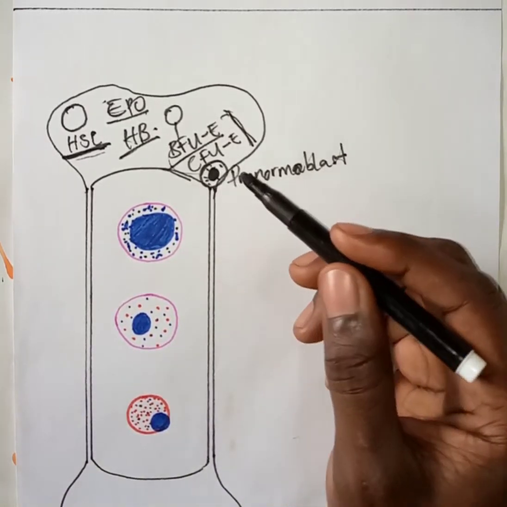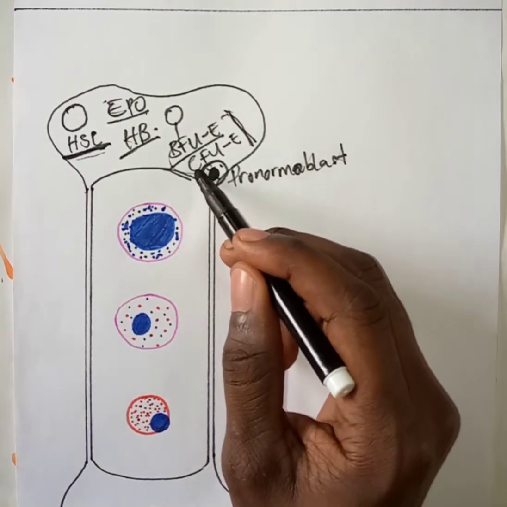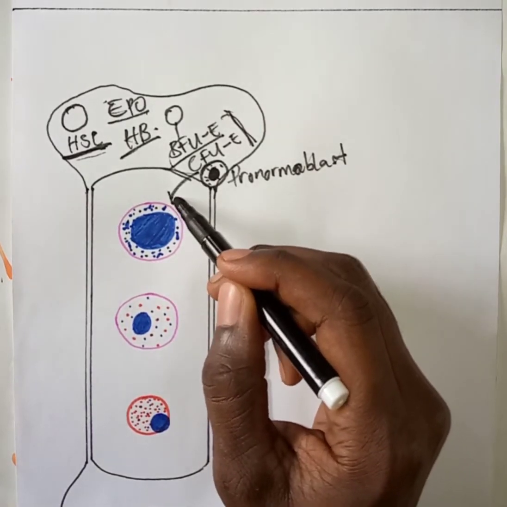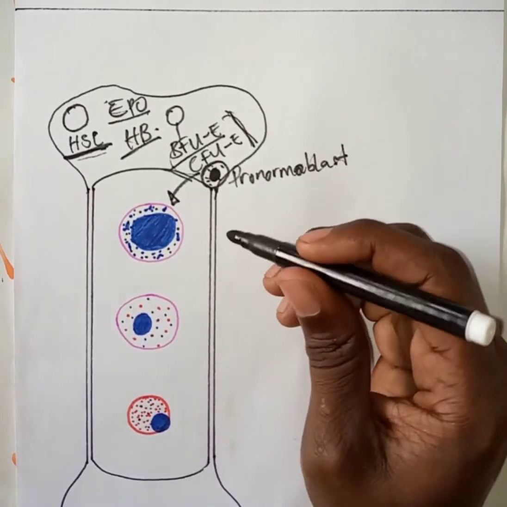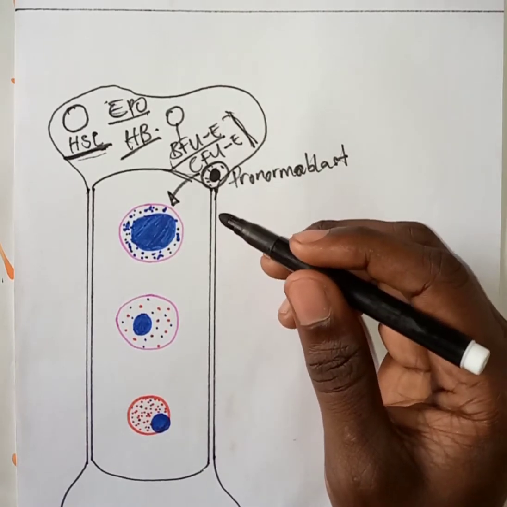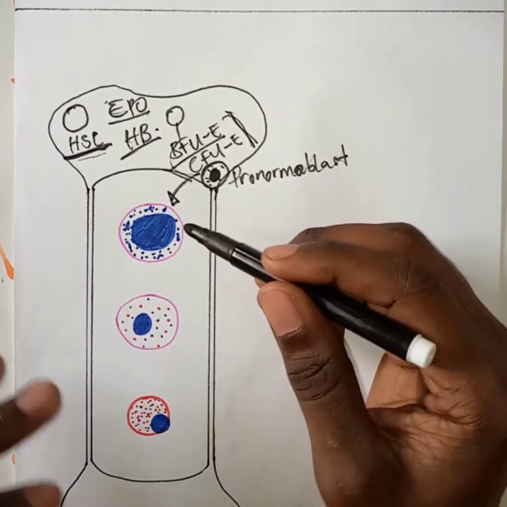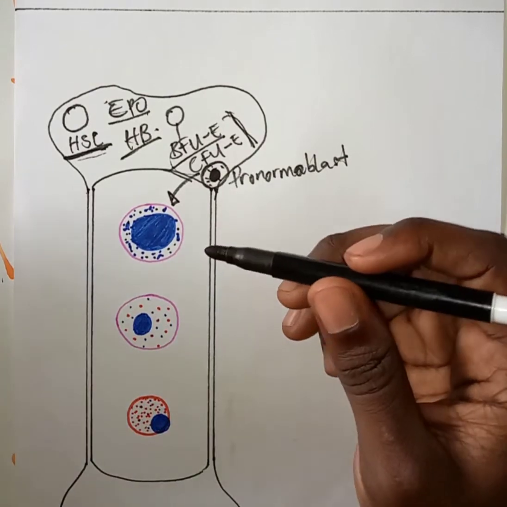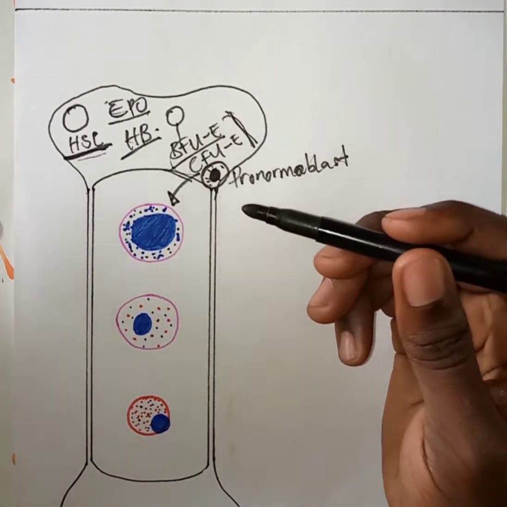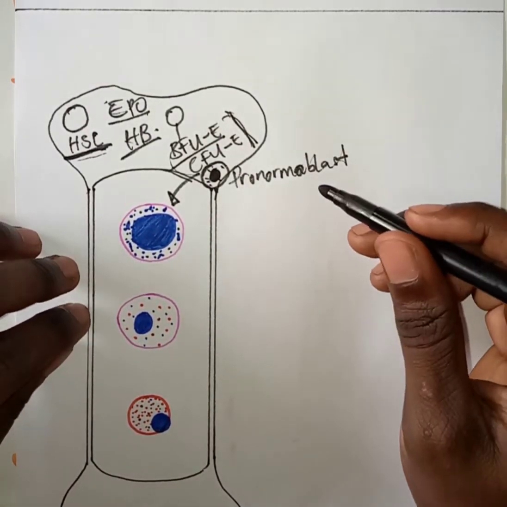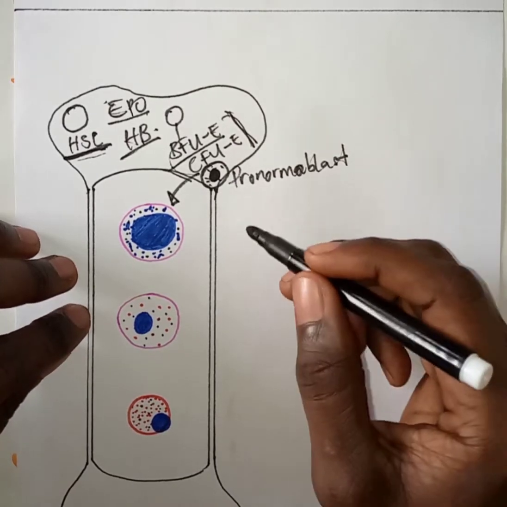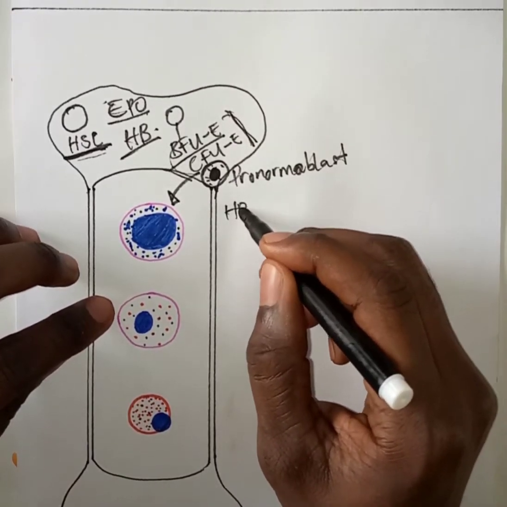And this normoblast will then develop into an early erythroblast. It can also be called a basophilic erythroblast. Why is it called basophilic erythroblast? Because its cytoplasm stains basophilic, and this is due to the fact that, since we know that hemoglobin is a protein,